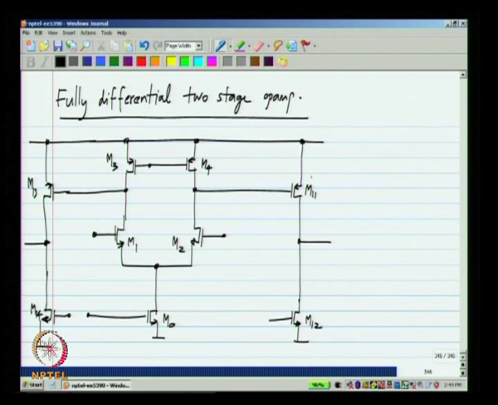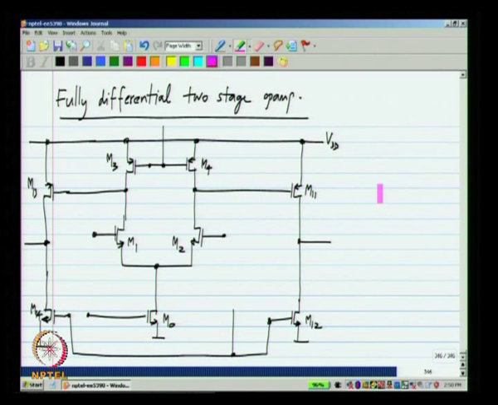Okay. And the bias for this has to be properly adjusted, so that the currents from these two equal the current in this. Similarly, the bias for M12 and M14 has to be properly adjusted, so that the currents in M12 and M14 exactly equal the currents in M11 and M13,